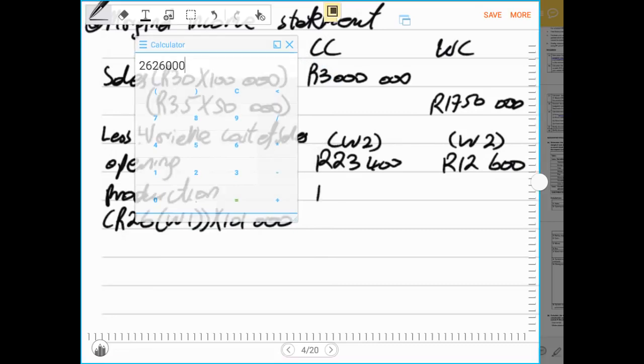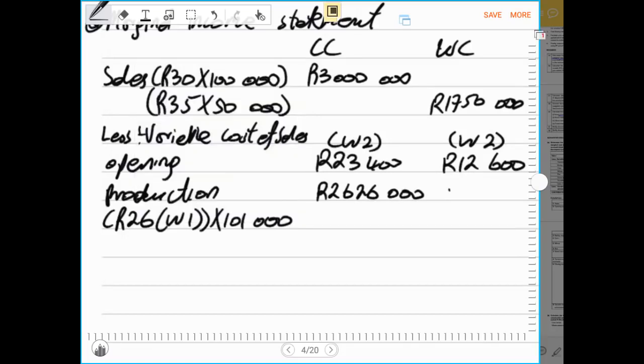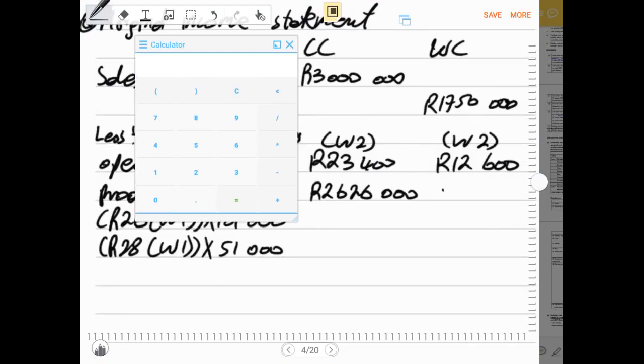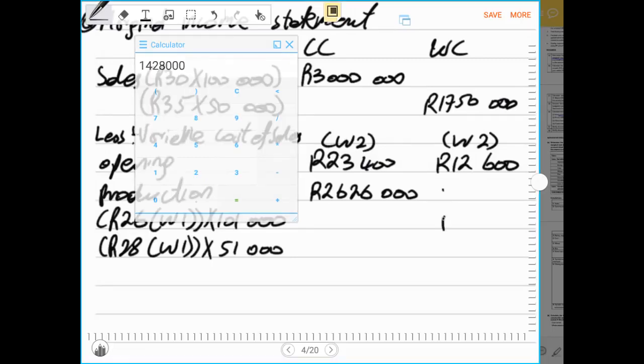2,626,000. This will be 2,626,000 rands. Then after, I do another production cost, which is 28 rand. I tell the examiner that the 28 rand comes from working number 1. Then after, I multiply that by 51,000 units that the company budgeted to manufacture. Therefore, now this will be 28 times 51,000 rands, and this will give me